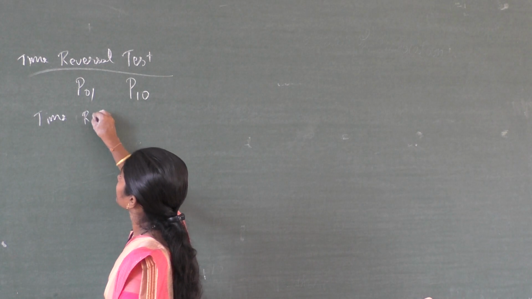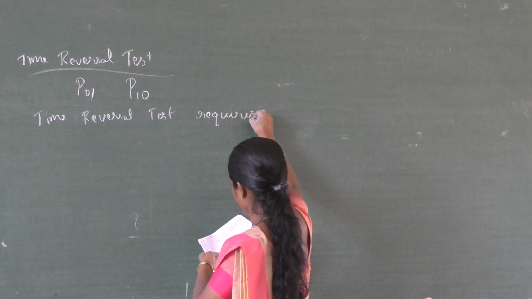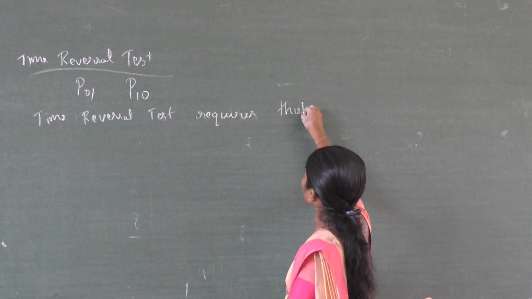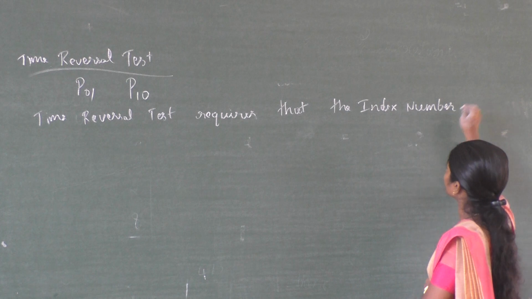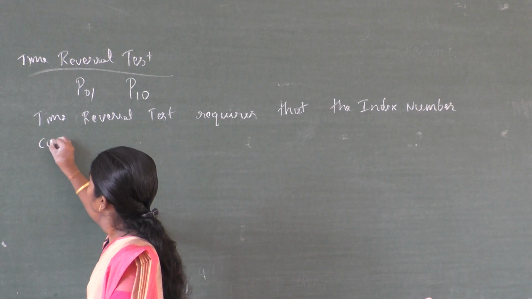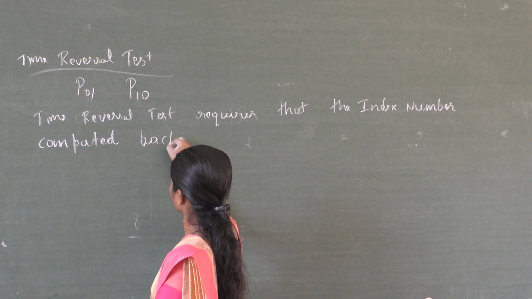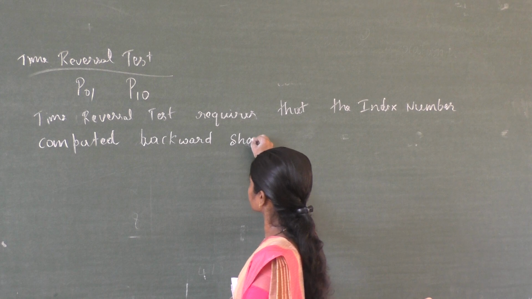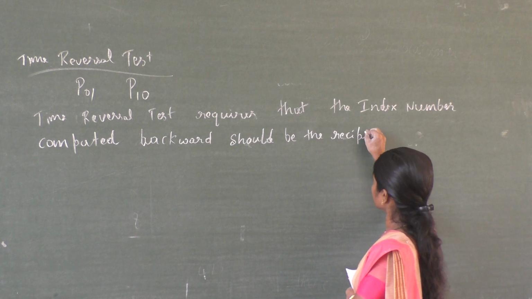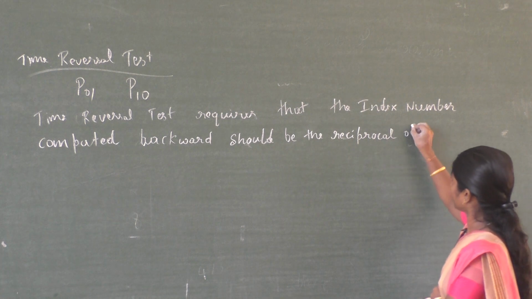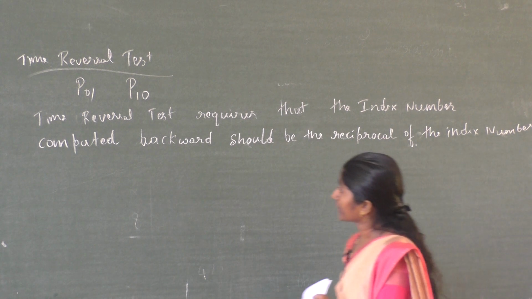The definition of the time reversal test is that it requires that the index number computed backward should be the reciprocal of the index number computed forward,